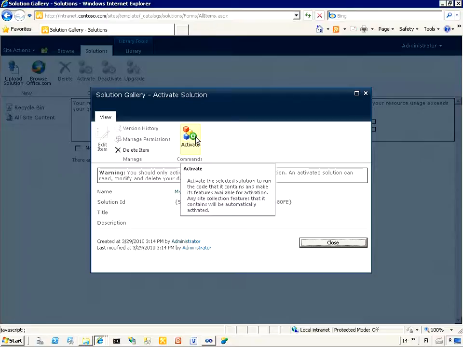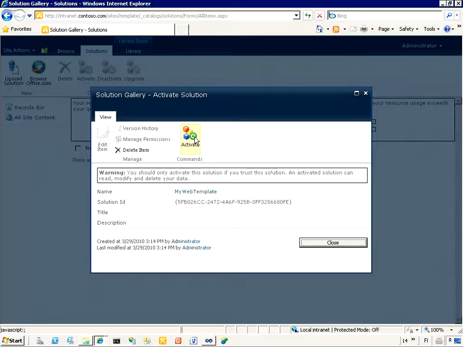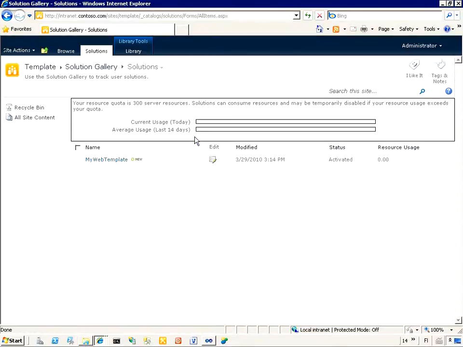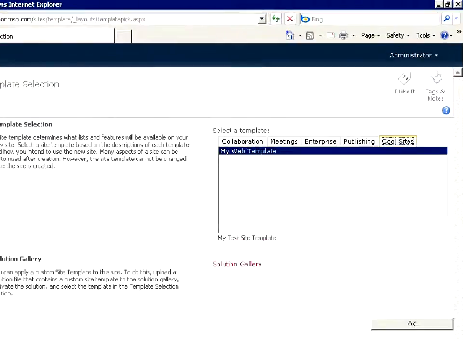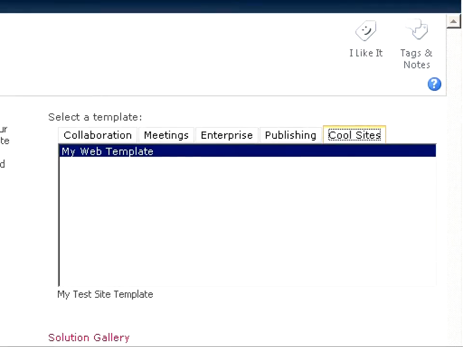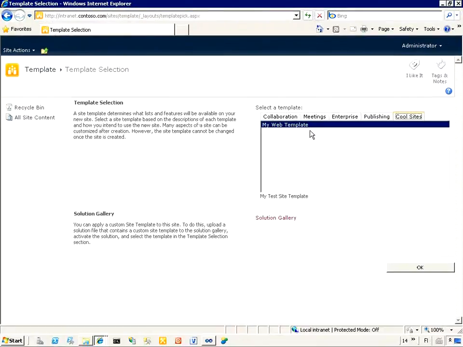by clicking the activate button from the ribbon, and after this we should have the new templates available from the front page. If we now move to the front page of the site collection, the same template selection functionality will be available, but we can also see the new Cool Site tab, and there's our custom My Web template, which we can now use as the instruction to create our sites. Let's select that one and click OK,